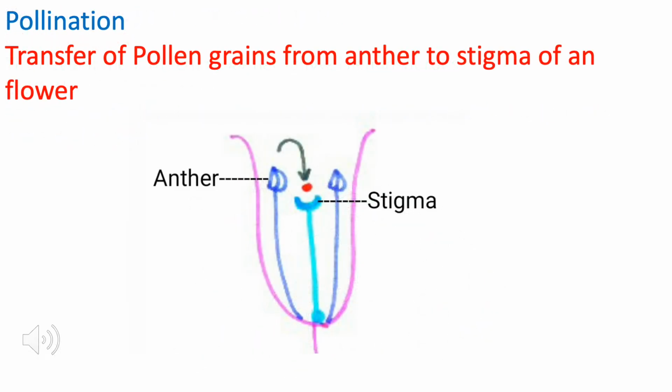The next topic which we'll be dealing with today is pollination. So what is pollination? Pollination is the transfer of pollen grains from the anther to the stigma of a flower. Pollen grains being non-motile, angiosperms have evolved the strategy to use abiotic and biotic agents, feeding the visitors and exploiting their mobility for pollination and also seed dispersal.